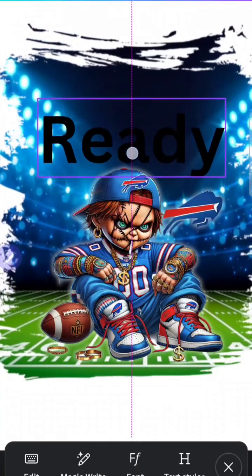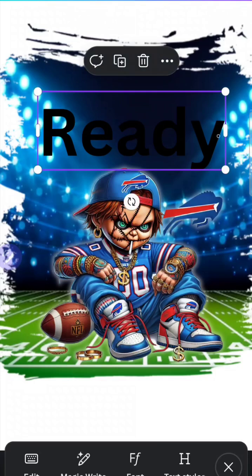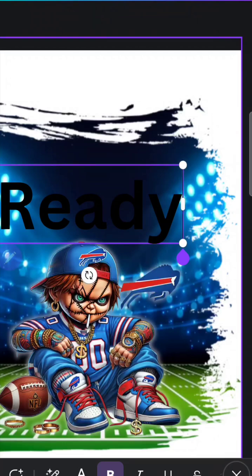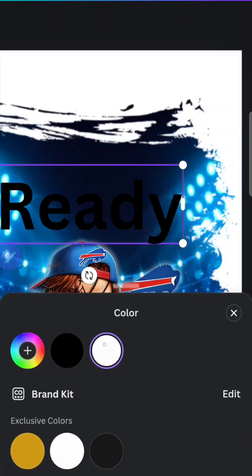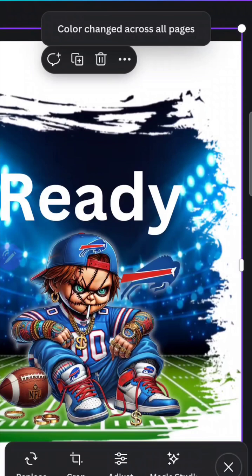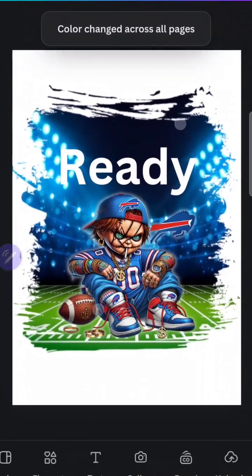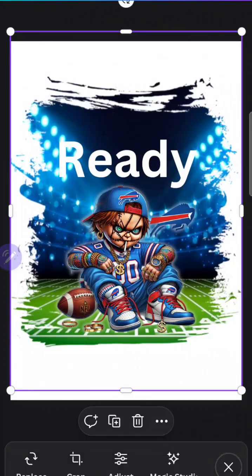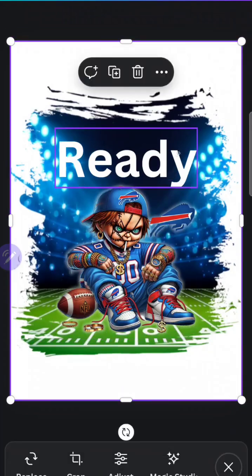And I need to move this up. Change the color. So now the color is changed. And this is just a little basic. It's really nothing spectacular that I'm doing. I'm just showing you the basics